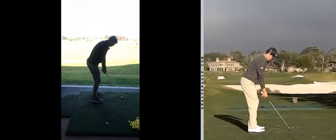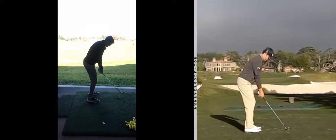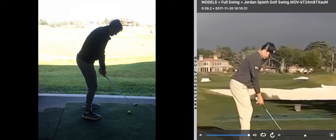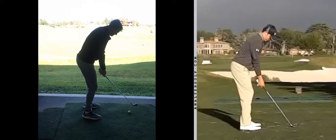So here's your two swings, Spieth on the right, you on the left. Zoom this in a little bit, get these guys kind of closer. If I draw those same lines we just talked about, club shaft plane, somewhere in that area,